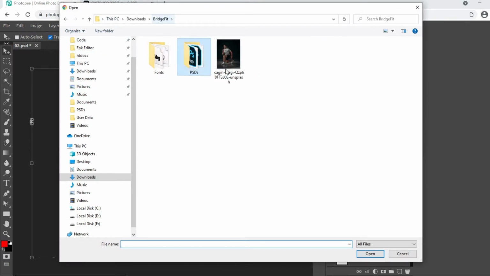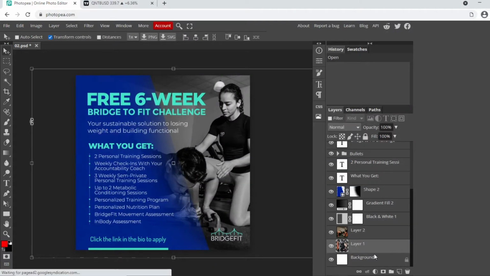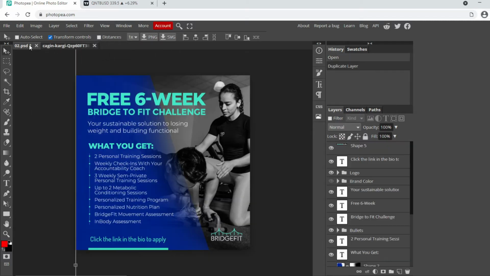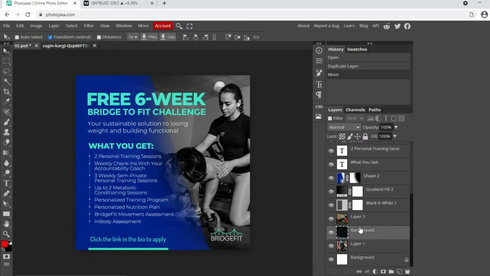picture. So as I said, we can bring in the picture from here as well. Open pictures. Let me see if I have the picture here. Here's the picture that I want to use. Open. Now this is opening a picture in a new file. I can click and drag the picture here. This brought me the picture